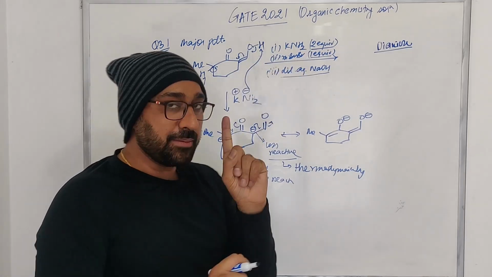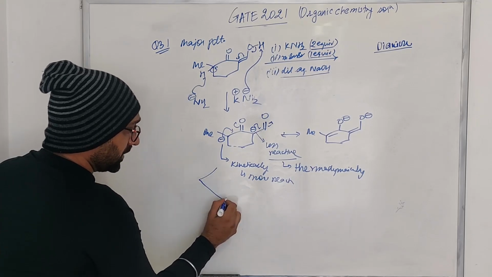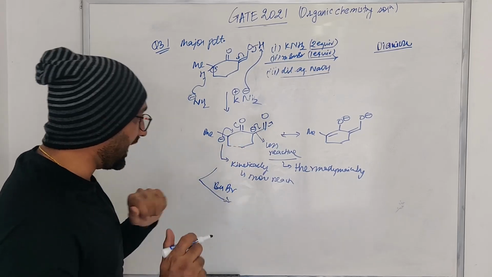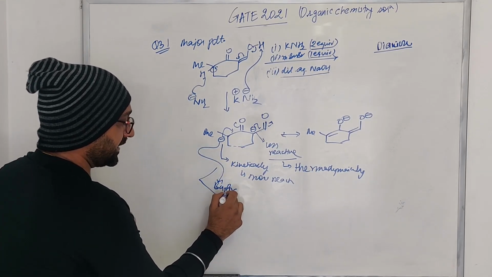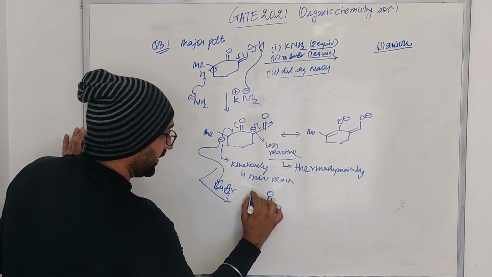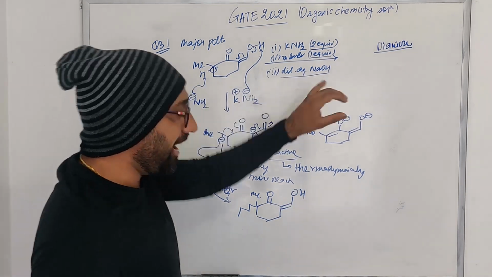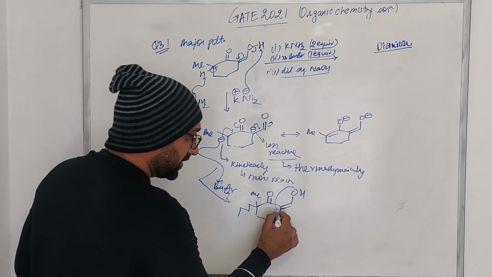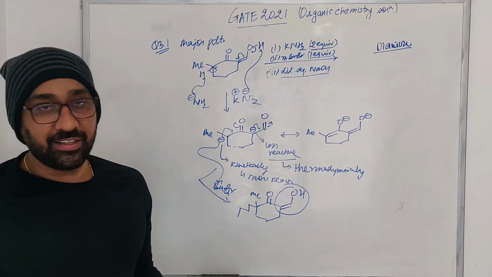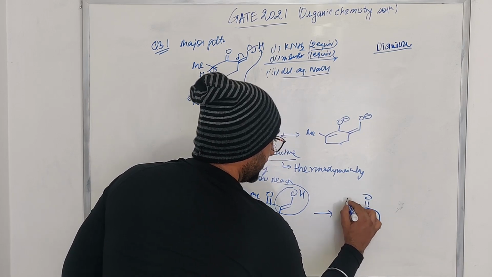So in the second step, it clearly says that you are going to treat this with butyl bromide. When you react this with butyl bromide, we know it is this carbanion which is going to attack the butyl group. So it is this carbon which attacks, and this does not. So what you are going to get is this particular product Me, and you have a butyl at this particular position. Now in the last step what they are doing is basically getting rid of this entire moiety. So what you are getting in the last step, this is the product that you are getting.